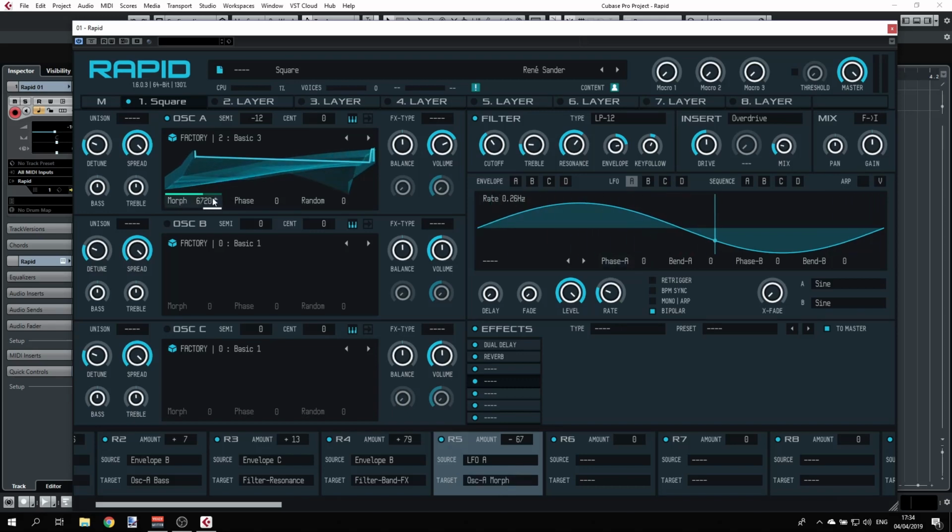And you can see it in action here. And this is the amount. It's 67, right? I can go all the way to plus 100. That's the full amount that the LFO will modulate the morph, and I can be a little less about it. And if we're talking about LFOs, you have all the usual suspects. You have delay, which will delay the LFO, and you have fading, you have levels,